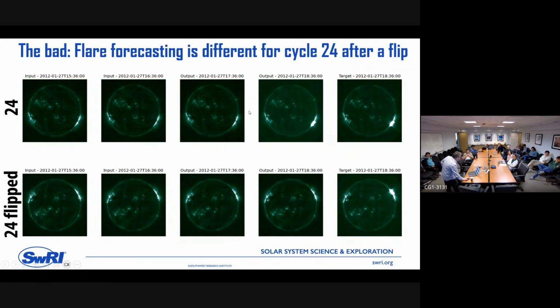So you have first image, second image, first output, second output, the flare is here. And if I flip the stack, you have first image, second image, first output, second output, and the flare is gone. So I think this is one of the things where we had to make assumptions: the idea that solar cycle 24 will be sufficient to extrapolate into the future. But especially now, the rest of the sun seems to be doing what it needs to do, but it's just the flares that are super sensitive in this case, as far as we can tell.